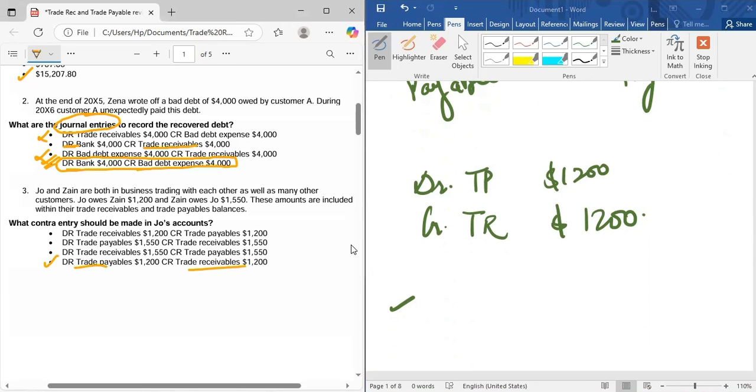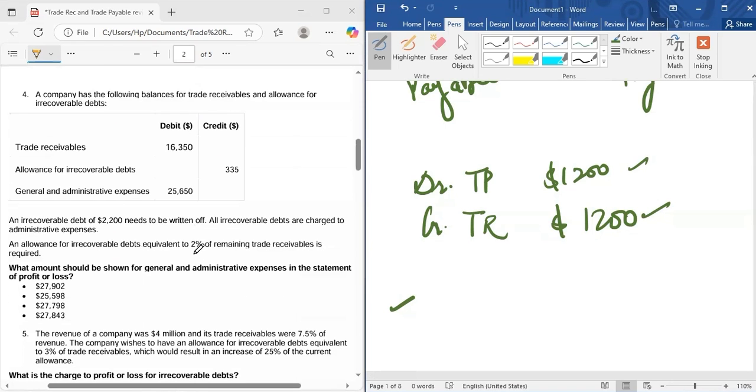Please understand the logic that receivables have a debit balance, but now we are canceling. This is a contra entry. This entry is existing in books of both Joe and Zane, but now we will remove this, because these are balanced with each other. So 1200 would be appearing in books of both, so we will remove this 1200, right?